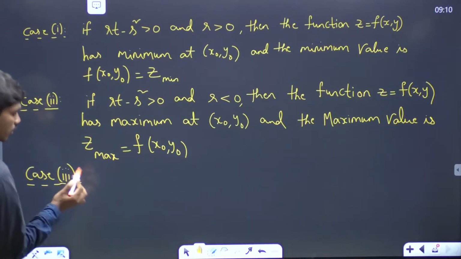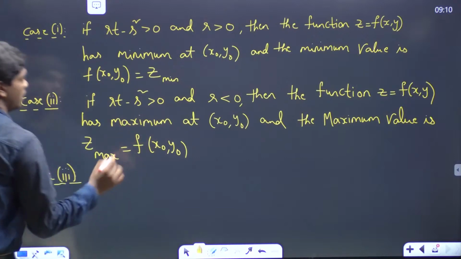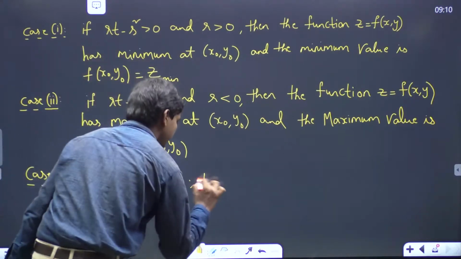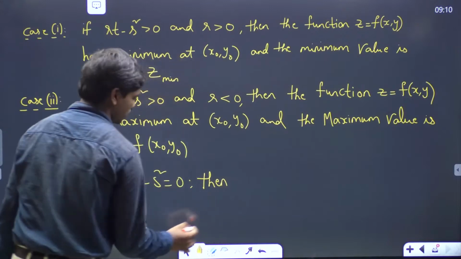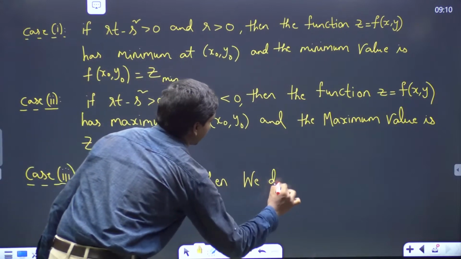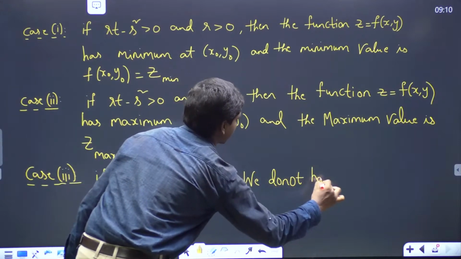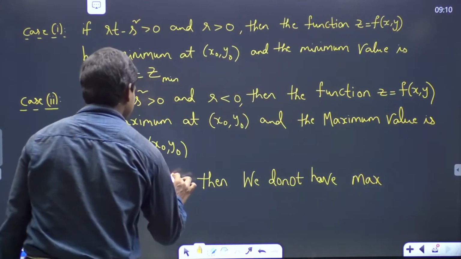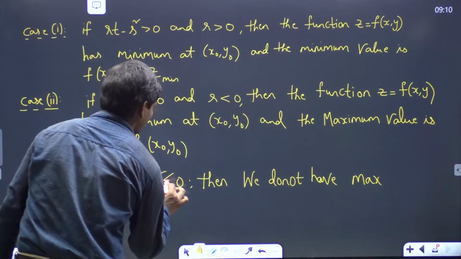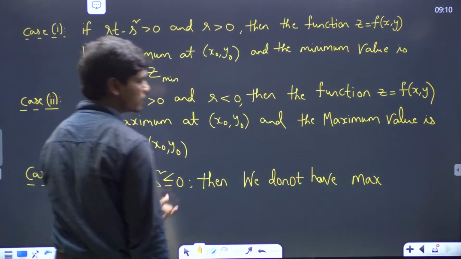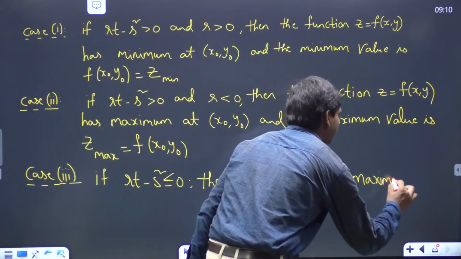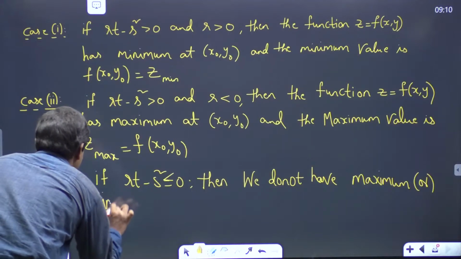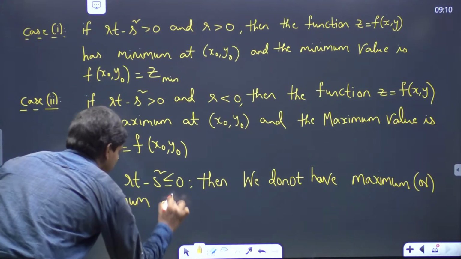Case 3. If RT minus S square is equal to 0, then we do not have maximum. You can write one more thing here: less than or equal to 0, because for less than also the same situation holds good. So if RT minus S square is less than or equal to 0, then we do not have maximum or minimum at such points,